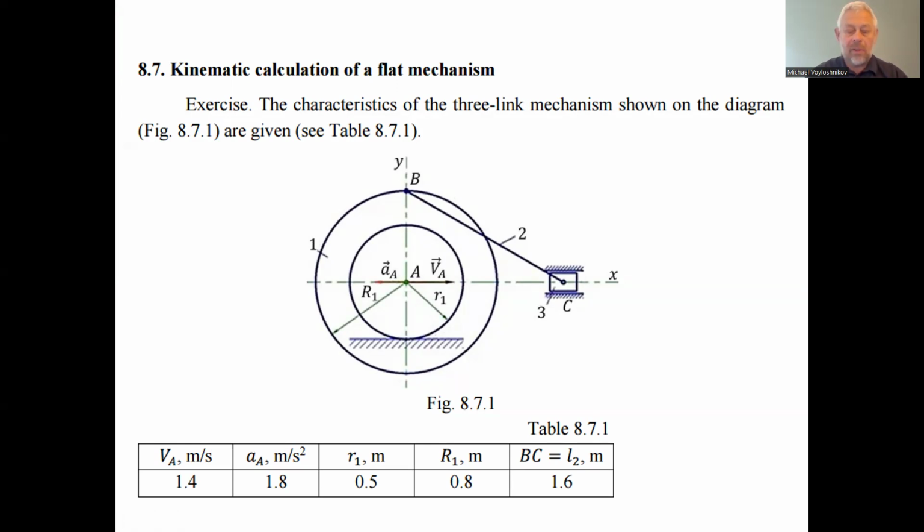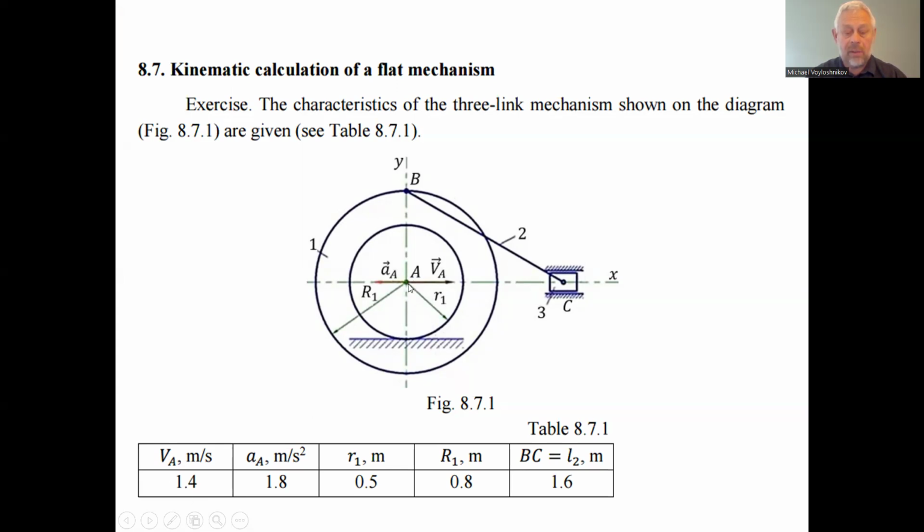Exercise 8.7.1. The mechanism consists of two wheels. One wheel is rolling over the support, and we have the connecting rod with two hinges B and C and the slider here. This is the assigned data: the horizontal velocity of point A is 1.4 meters per second, rightward,